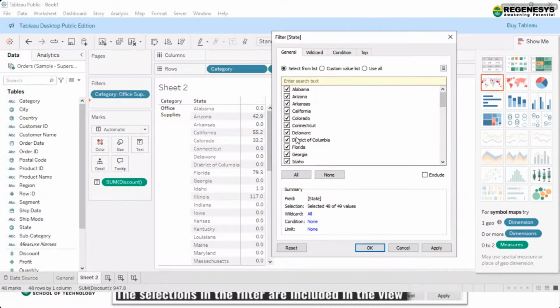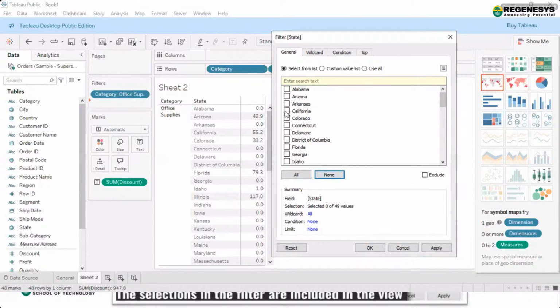Okay. And now from here, let's say I don't want California. So I have unchecked it, right? Or what I can do is I don't want all, so if I click on none, it means everything gets unchecked.